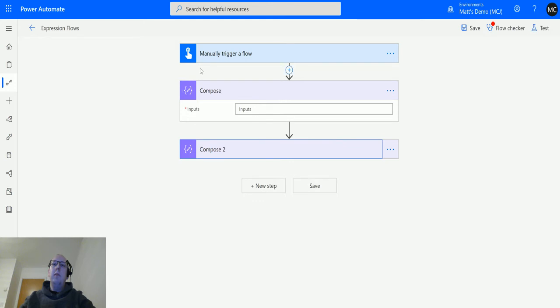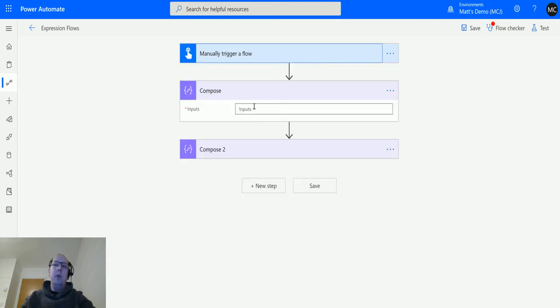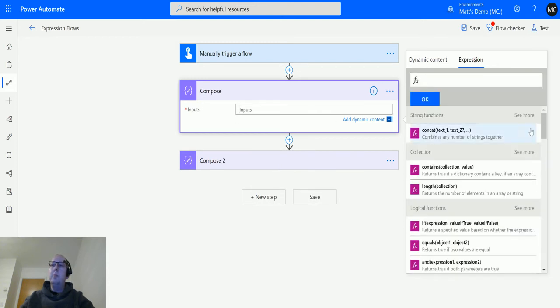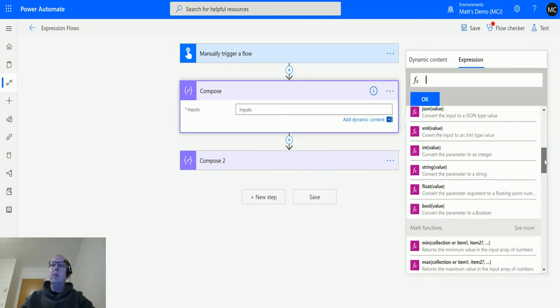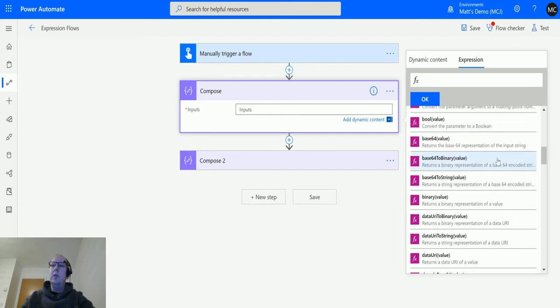So here we have a manual trigger flow. We've got a couple of inputs. We've got a text input and a number input. We're going to ignore the number input for now. We're just going to focus on the text one. And we've got this compose action here. So click compose, click expression. We're going to scroll down and we're going to go down to conversion functions. I'm a bit past it. Scroll down until we get to